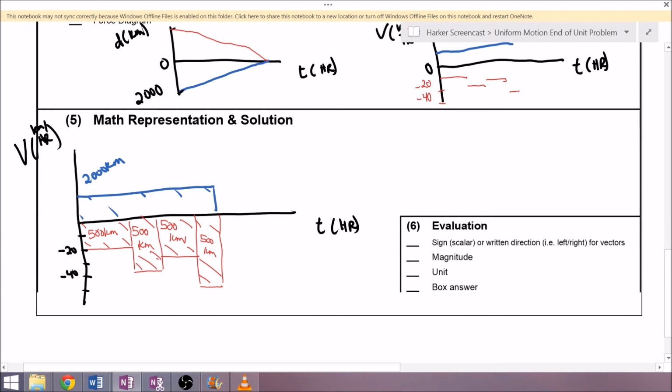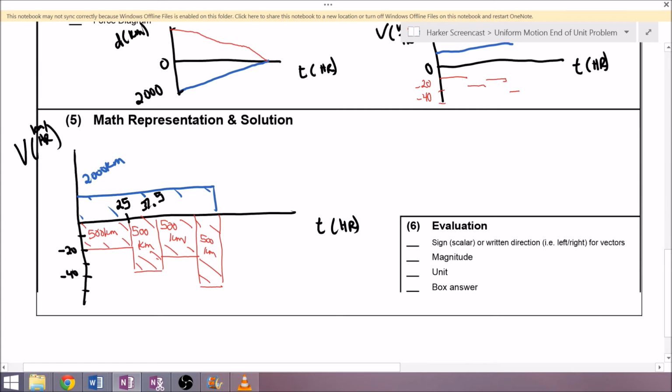is not too hard. So since it's going at, in the first part, minus 20 kilometers per hour, and we know that it has to go 500 kilometers, we can just figure out how long it takes to go 500 kilometers at 20 kilometers per hour, and that's 25 hours. So let's put that in here. In the next part, we know that it does the same 500 kilometers, but it does it at 40 kilometers per hour, so it'd be half the time, and so that's another 12.5 hours, which added to 25 is